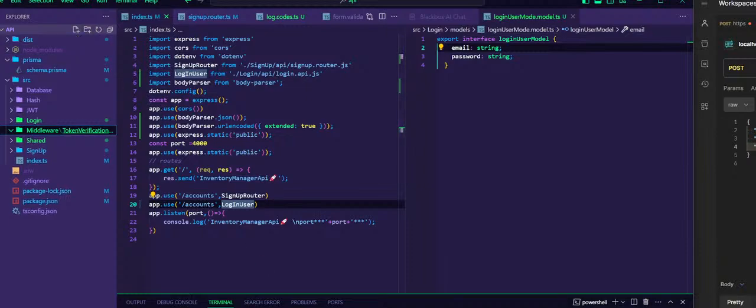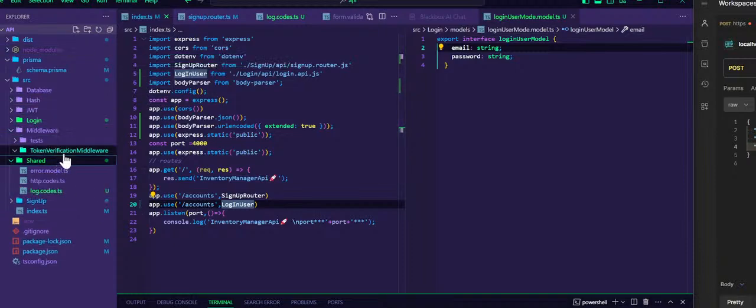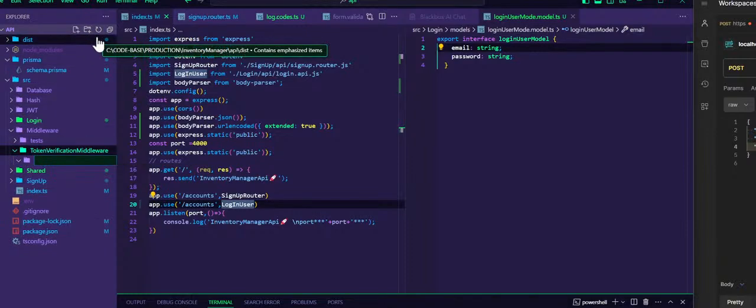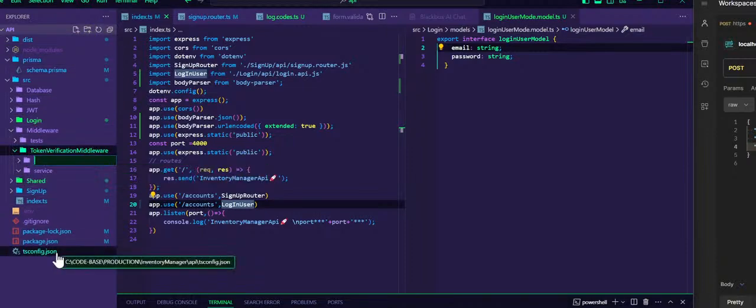Let's call this test. For this middleware, we are going to create a service. We're also going to create a API,